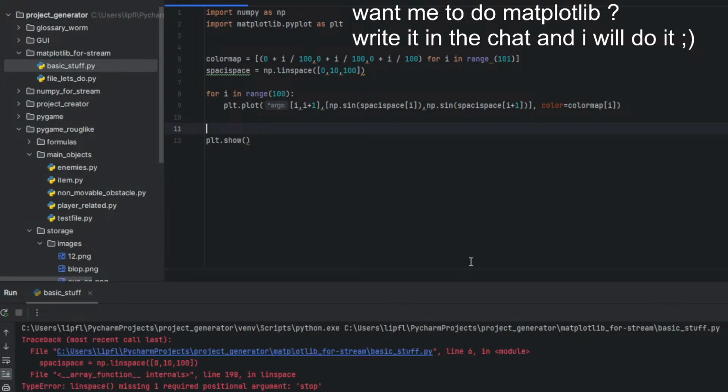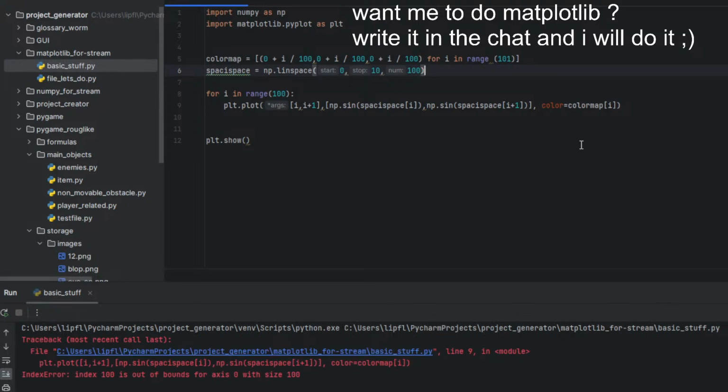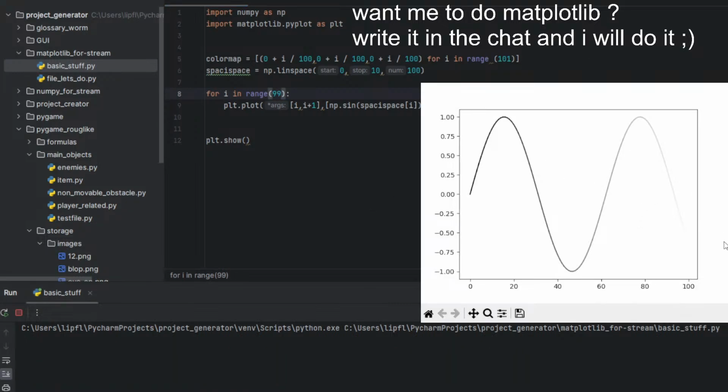Yeah, this looks better. Stop. np.linspace. Why am I adding square brackets? I'm really too tired today. Index 1, then 99. Yeah, here we go. Now this is what I'm talking about. This is what I'm talking about all the time.